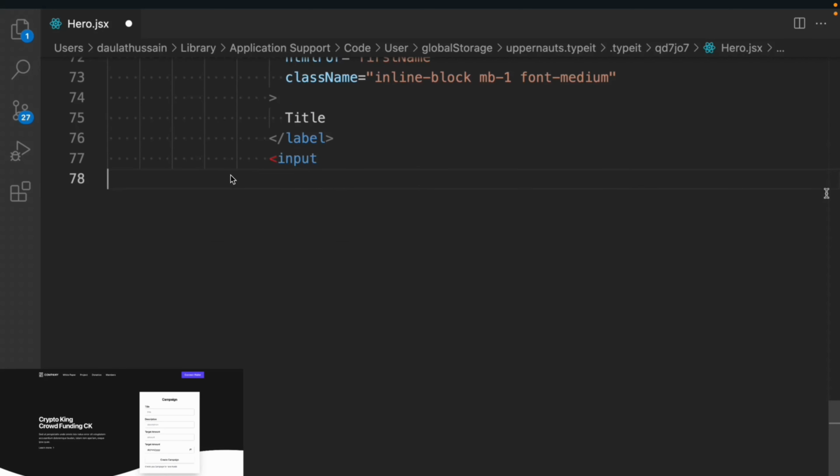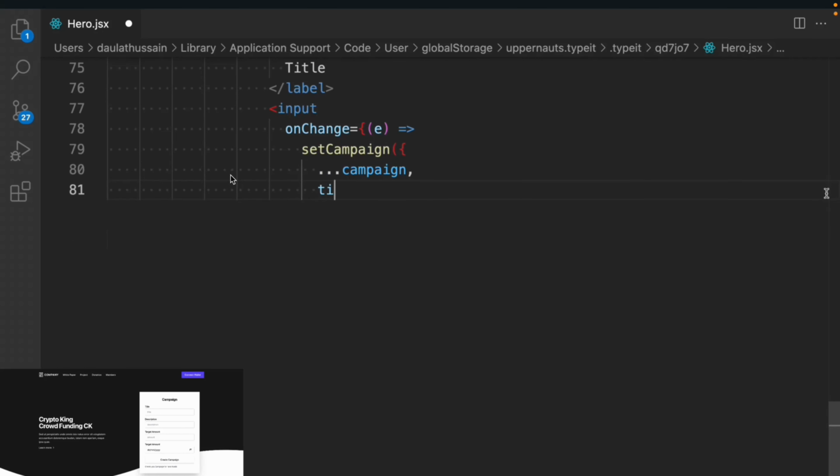we have to take this title, we have to close the label, we have to simply take the input, and we have to define all the values. So we'll say on the change event we have to simply update the data we have taken. So we're going to call this setCampaignData. Actually it's a state variable, and in that we are simply updating the data. So we'll say campaign, and we destructure the entire data, and then we simply pass the data. So we're going to take this title, and we're going to say e.target.value. Okay, I believe this is nothing new to all of you guys. We are simply updating our campaign data. So this is the title we have. Simply close this one,